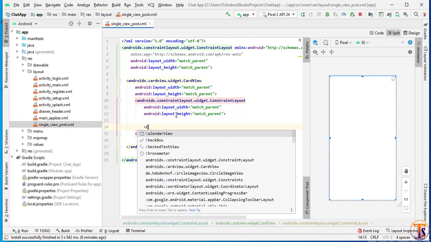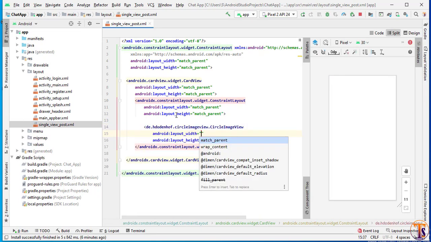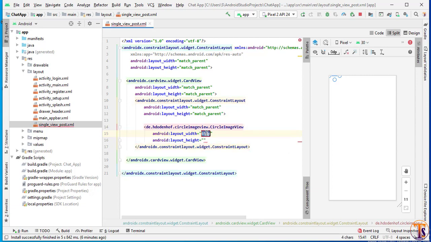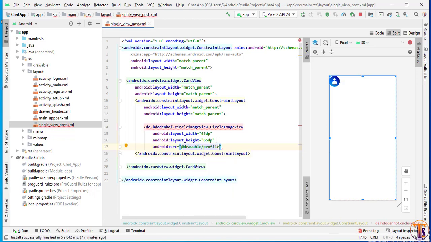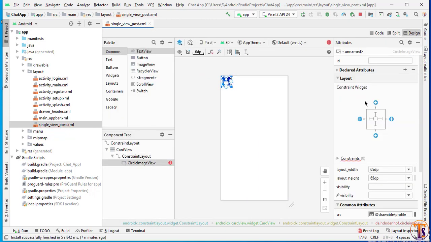And here we will add first circle image view, that will be 65 dp width and height will be 65 dp, and select here source and type here profile, select this image and close it. Now go to design, select it and add the constraint from the top and give a margin from top 8 dp. Select the constraint from the left and give a margin from left 8 dp, and give the id profile